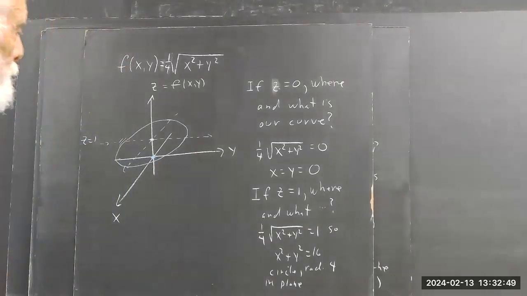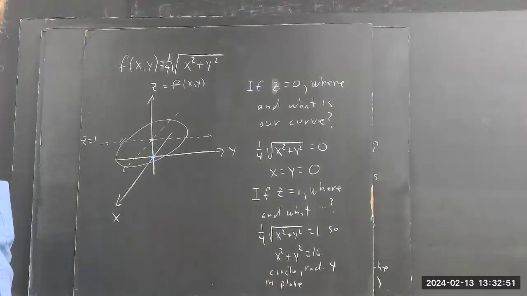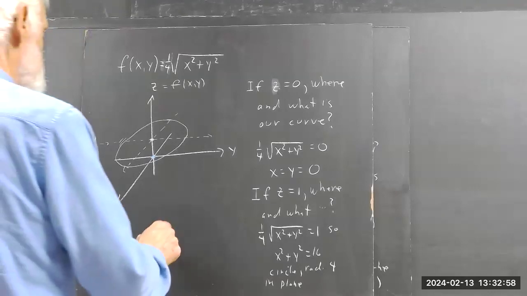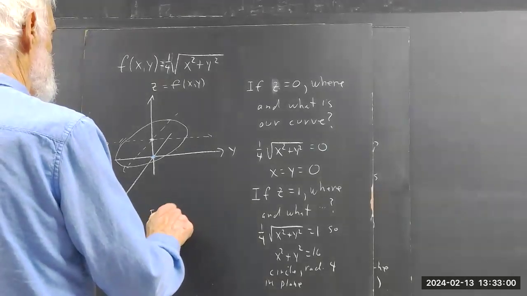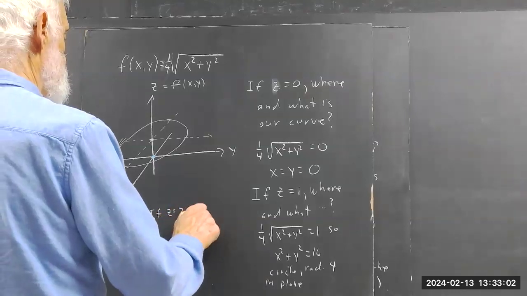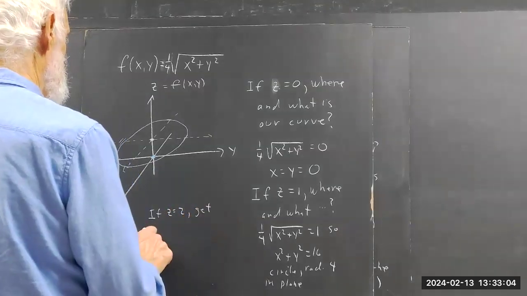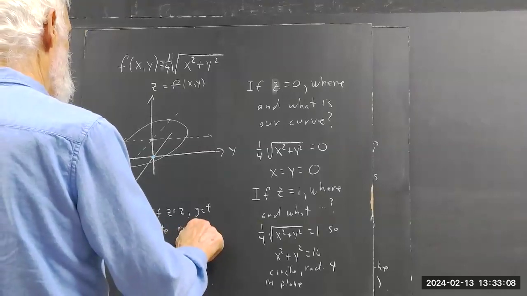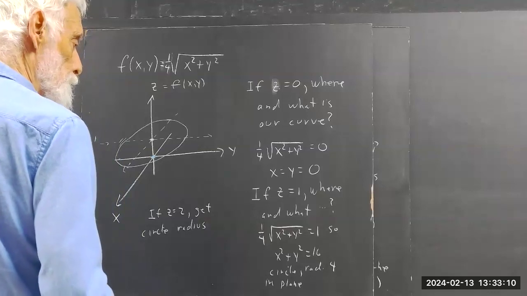What happens if z equals 2? Well, z equals 2, we've got a circle of radius